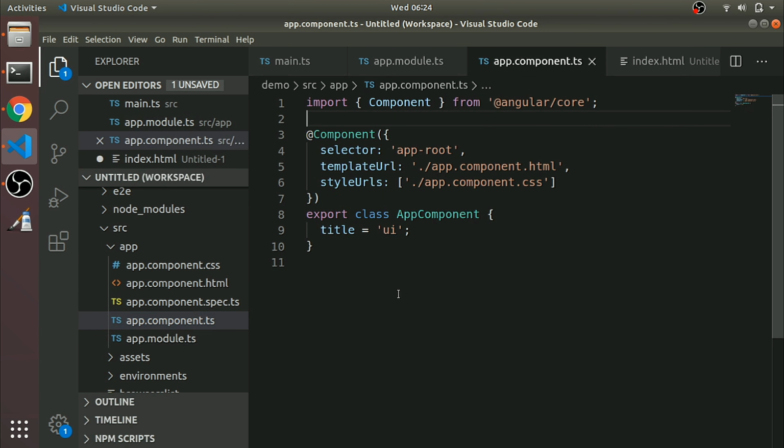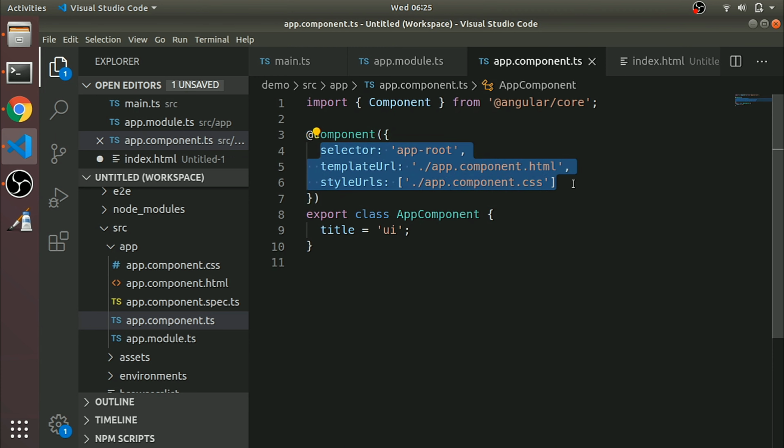Here is our component. Similar to the Angular module, we have the component decorator function. As I already told, how Angular knows this is a component or this is a module is based on this decorator function, and how to load it is based on this metadata.